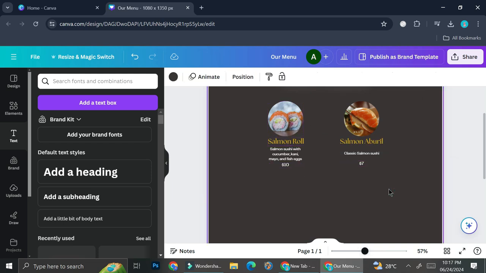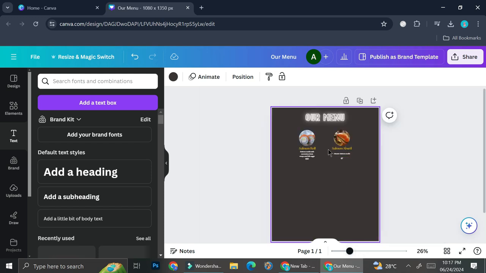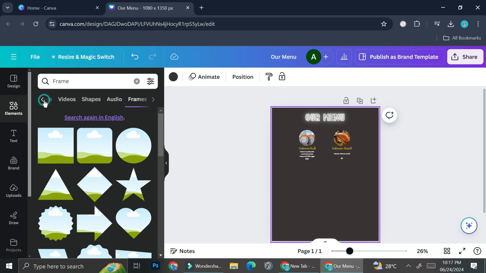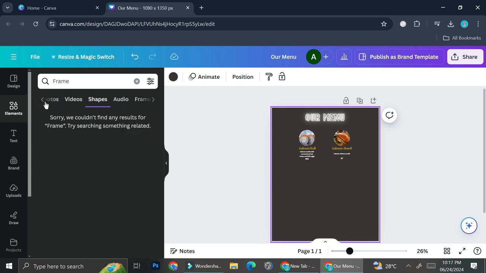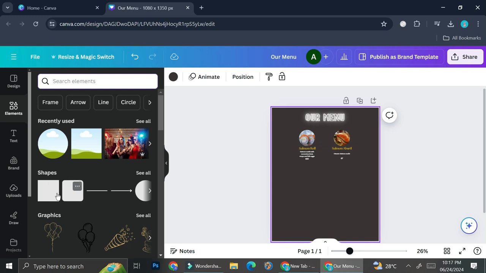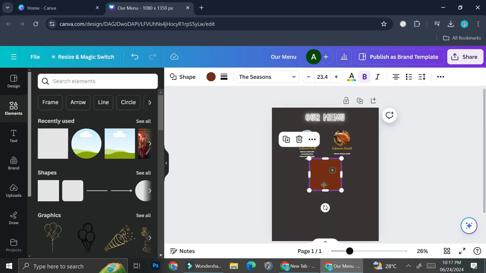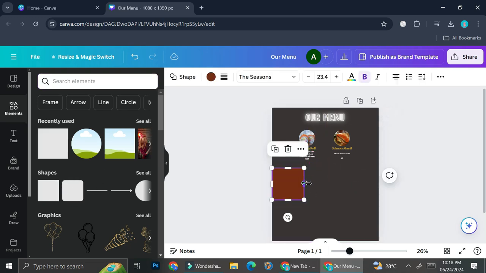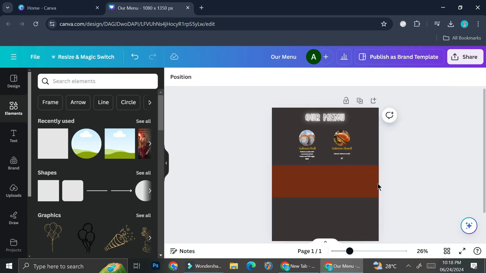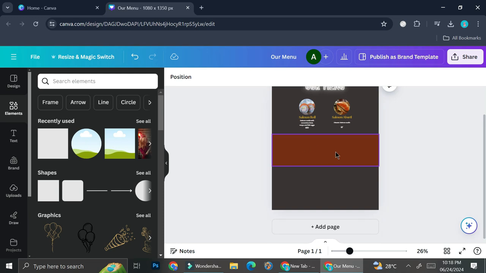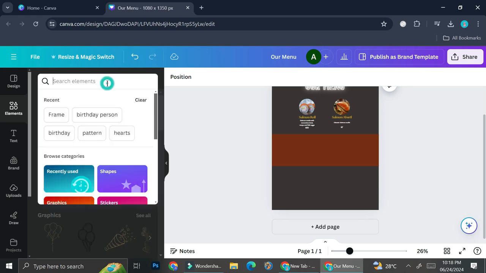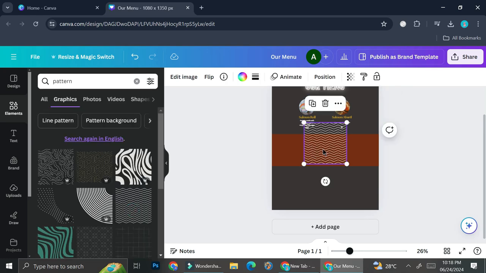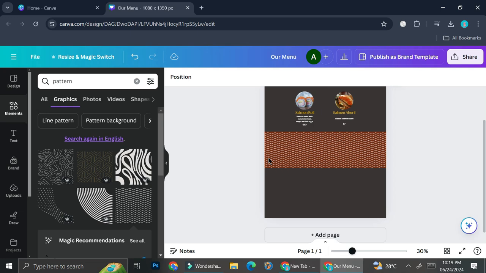And I'm going to go ahead and add another section for my menu, and to differentiate it, I'm going to go ahead and add an element. Go to shapes, and I'm just going to use this square one, and I'm going to stretch it in order to create some sort of rectangle. And I want to make this one have some pattern, so I'm going to go ahead and try to find a pattern, and I'm going to use this one so it looks something like this. And I'm going to